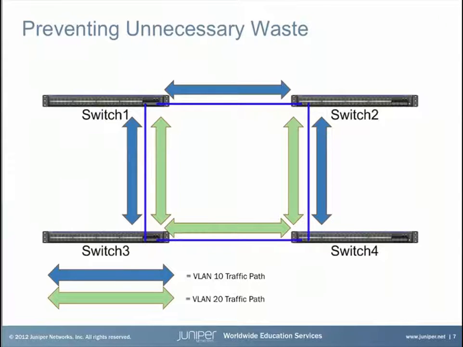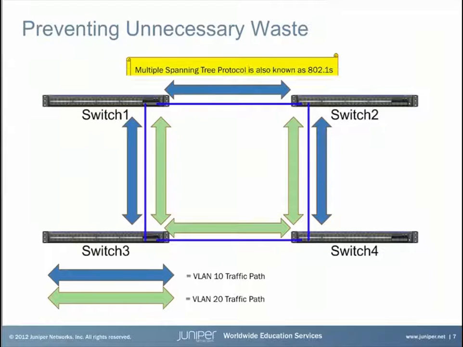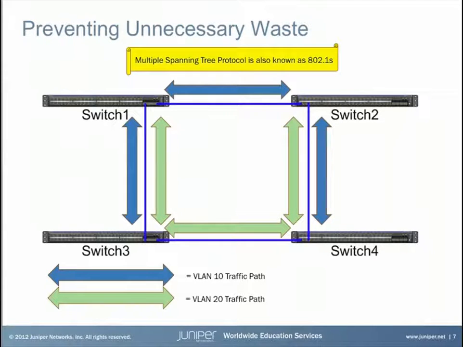So the IEEE introduced multiple spanning tree, and this allowed you to run some VLANs across one link and other VLANs across another link. So in this scenario we have VLAN 10 running across the link between switches 1 and 2, and VLAN 20 is running between switches 3 and 4. This particular version was called